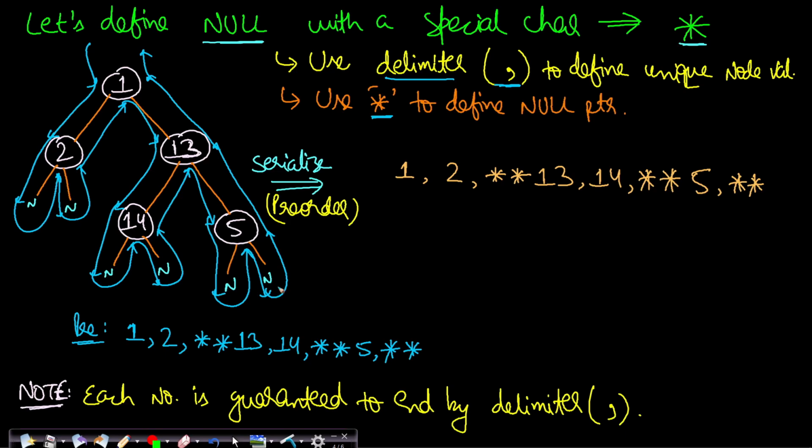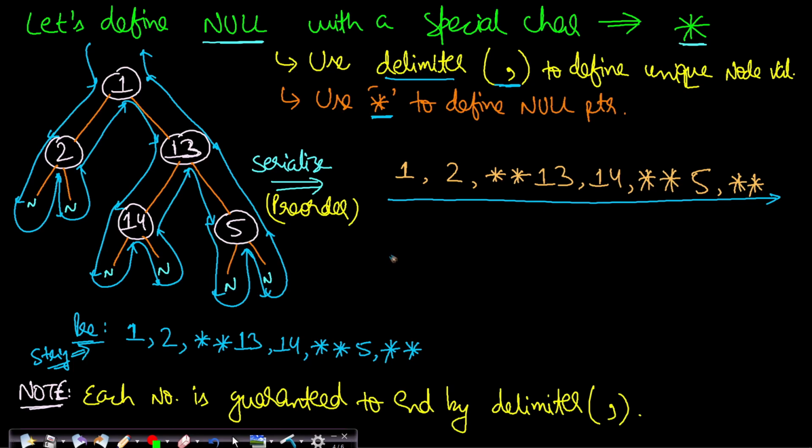This is how the pre-order traversal will be done, and this is how you will keep saving the values. So by printing here, it means that we can save it in a string. We can save the pre-order in the string, and this is how the string will look like. I have already written the serialization here. You will see that it is the same serialization.